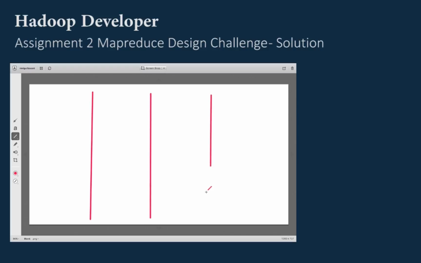So let's say there are 3 or 4 possibilities. Let's write down all the 4. In solution 1, my map will emit IP, month hash year. And in the reduce side, we will first